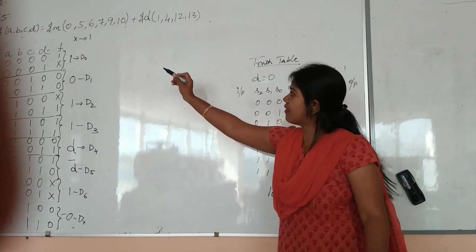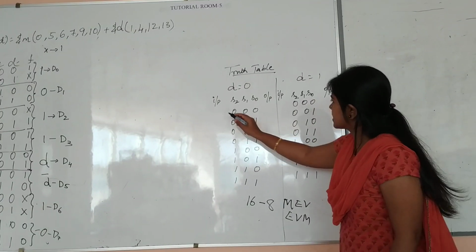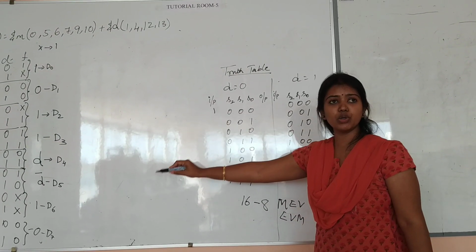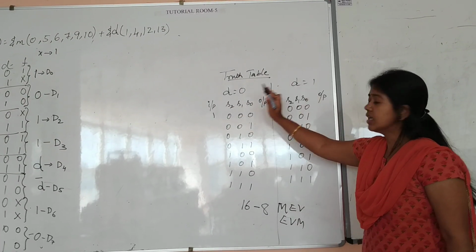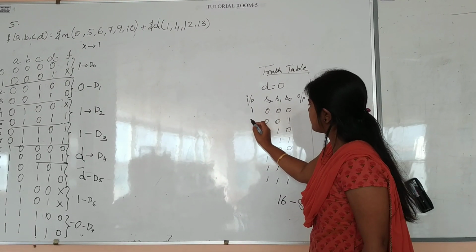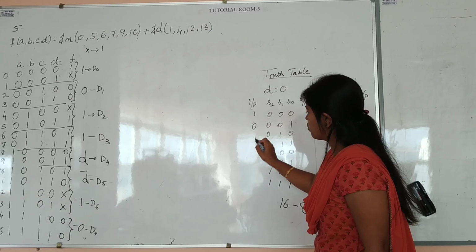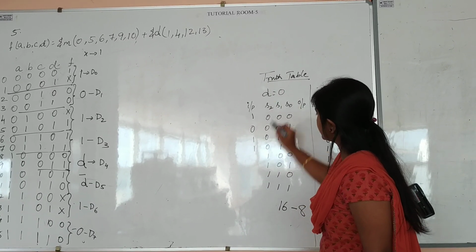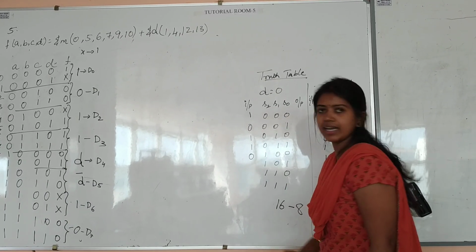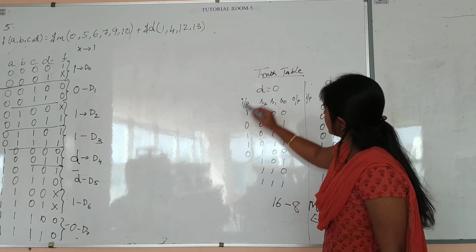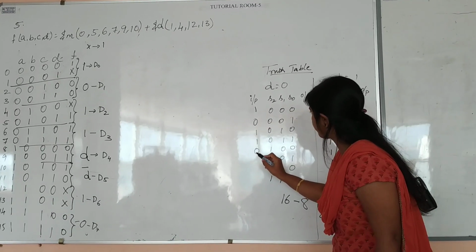Okay, so now what is the value of D0? D0 value is 1. So 1 and 0 in those values will not change with respect to D is equal to 0 and D is equal to 1. So what is next? D1 is 0. Next is 1. Next is 1. D4 is D. D value is 0 according to this truth table, so we are going to consider it as 0. D bar value, D5 is D bar. So here D is 0, that's why it is 1.